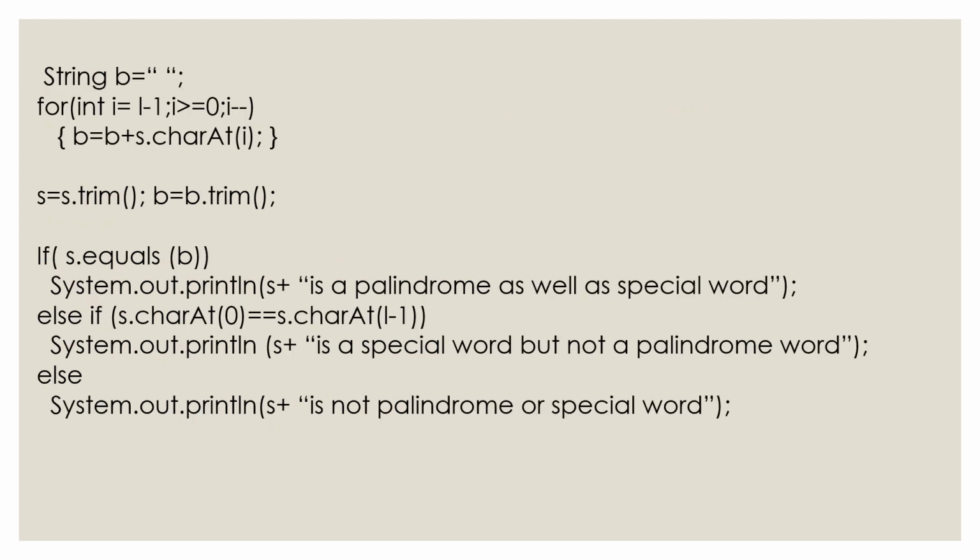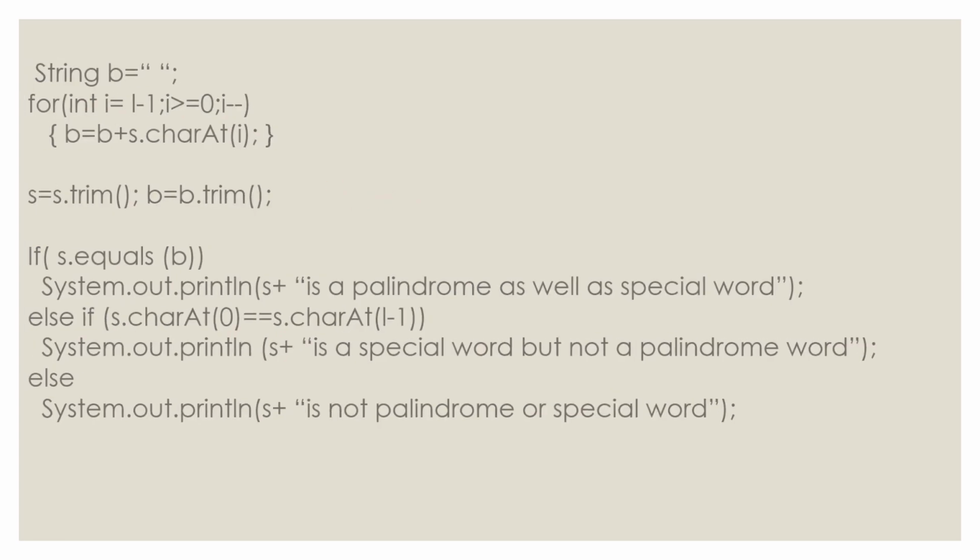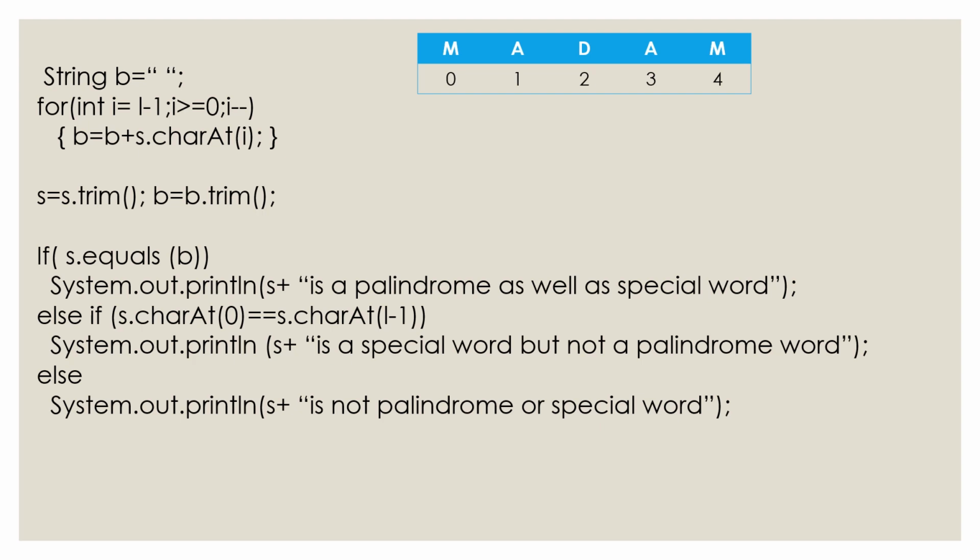So now first of all we can check whether the word is both a palindrome as well as special word. If the word is palindrome, it is special word also. So input the string, for example we have taken here the word madam, it is a palindrome as you can see, and run the loop in reverse order. That means from the last character to the first character. In this case the length of madam is 5. So i is equal to length minus 1, i greater than or equal to 0, i minus minus. That means 5 minus 1 is 4, 3, 2, 1.